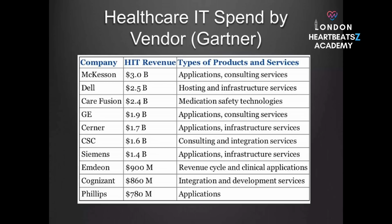It's a real who's who of the tech world, but with a healthcare twist. Totally. Leading the pack was McKesson, raking in a cool $3 billion in healthcare IT revenue, mostly from applications and consulting services. They were a real powerhouse back then, really focused on helping healthcare organizations implement and manage their IT systems effectively. And then coming up right behind them, you had Dell and CareFusion,